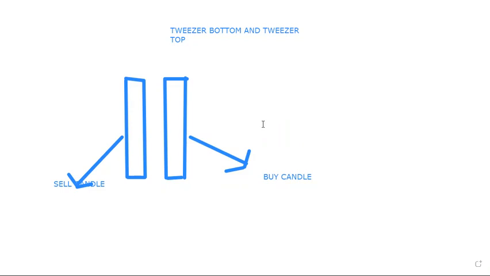When seen around a support area in the concept of an uptrend,